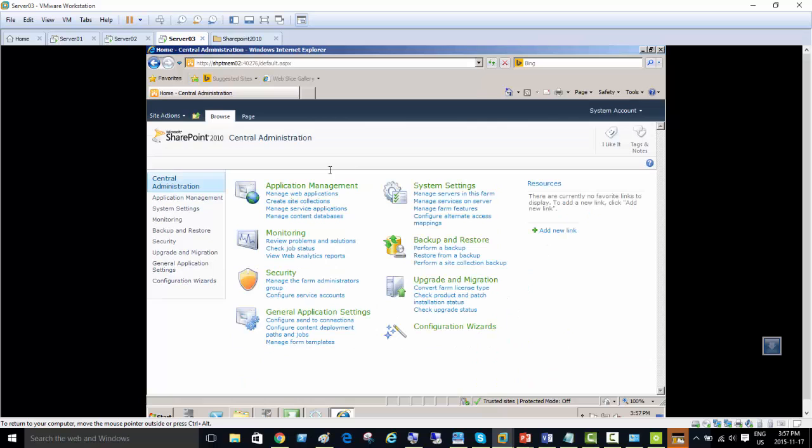This is the central administration site where we can do the administration of the whole SharePoint environment, and so that's where we're going to be visiting again and again. This is at least we can reach to this point, and then we can add the second SharePoint on our next session. So everyone, please try to reach to this point,